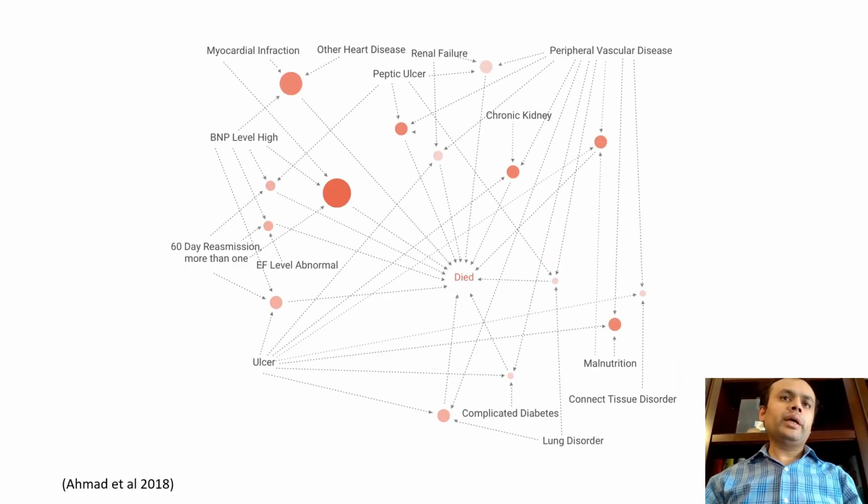An alternative way is that, especially if your search space is relatively smaller, then one can visualize these rules with respect to relationship graphs. So in the visual, based on our work, we described relationship between certain outcomes, certain chronic conditions in a healthcare data set. And so we can make sense out of how different factors like chronic kidney disease, malnutrition, ulcers, how they are related to one another and with respect to the outcome.